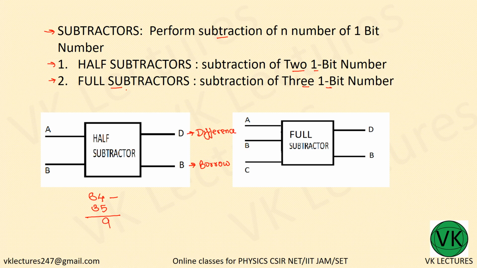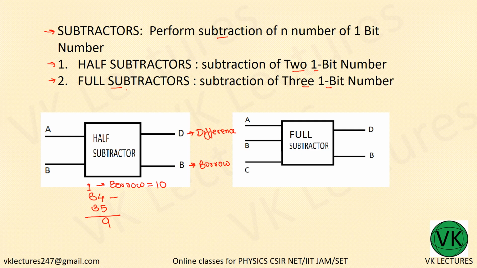So here you borrow 1, that is called borrow. So here borrow is equal to 1. Okay, so the actual value of the borrowing is 10. You are borrowing 10 from here because 4 plus 10 is 14. 14 minus 5 is 9. So now what is left? 5